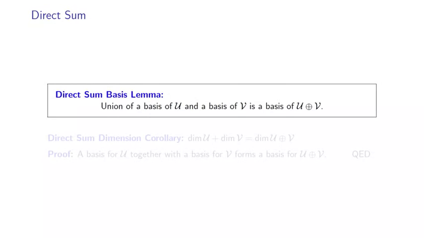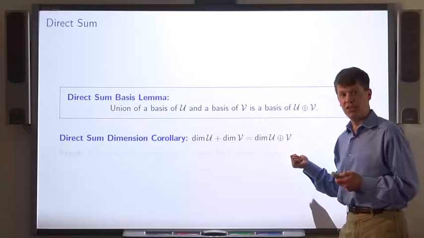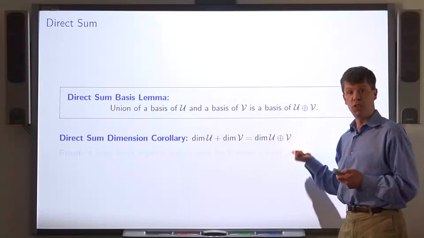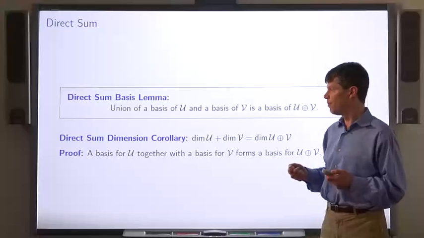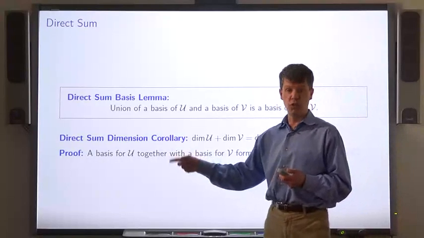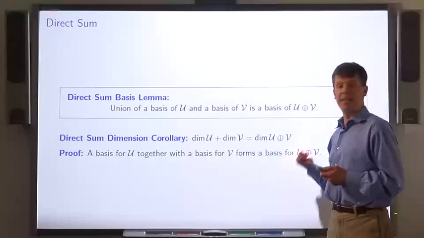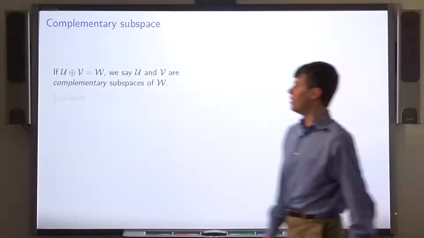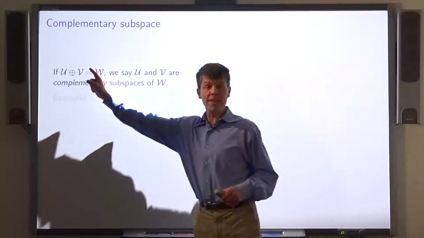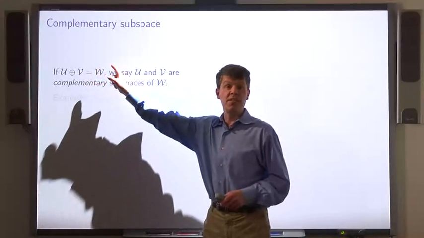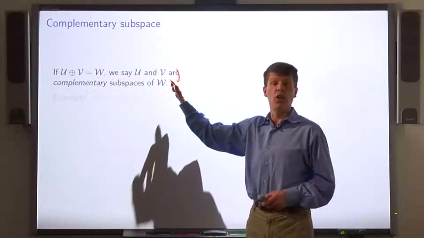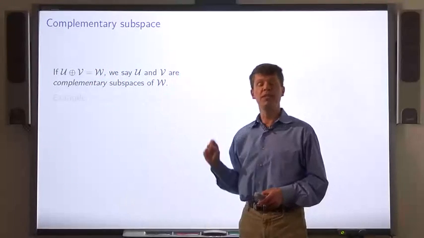An immediate corollary of this lemma is the dimension of U plus the dimension of V equals the dimension of the direct sum of U and V. The proof is that a basis for U together with a basis for V forms a basis for U plus V. If the direct sum of U and V is the space W, we say U and V are complementary